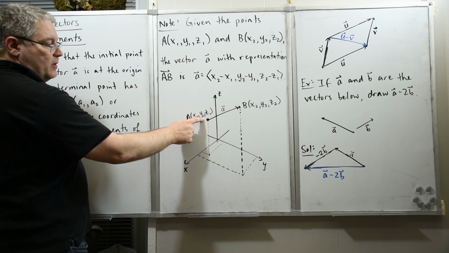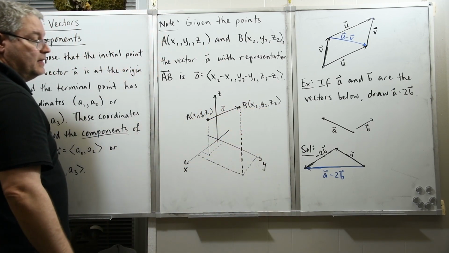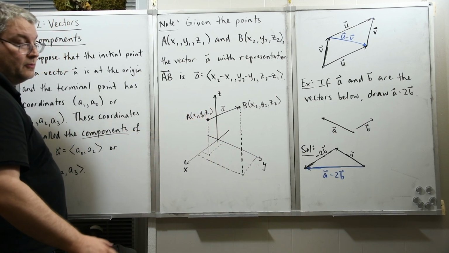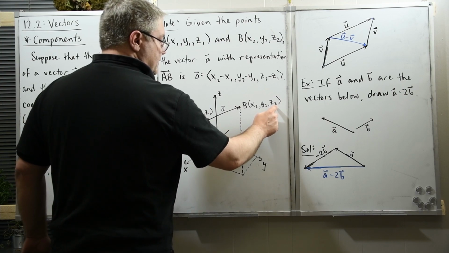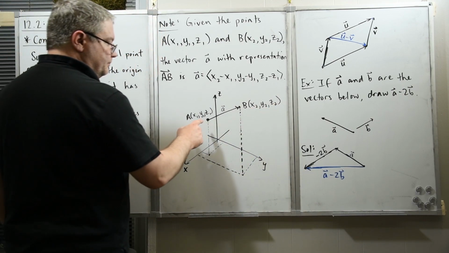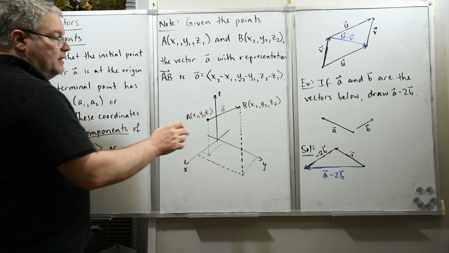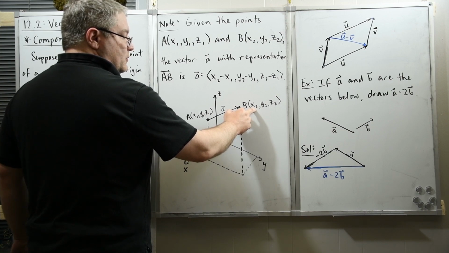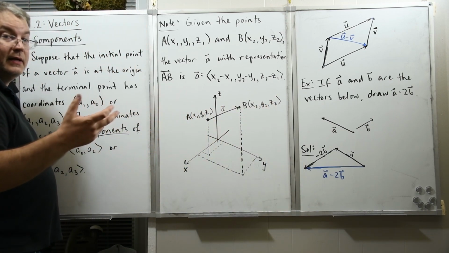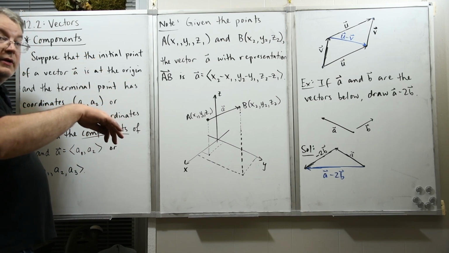If we subtracted y1 from the second coordinate of A, we've got to subtract y1 from the second coordinate of B. And finally, if we subtracted z1 from the third coordinate of A, we've got to subtract z1 from the third coordinate of B. And so what happens is when we take a look at the new location of the terminal point, it's going to be at x2 minus x1, comma y2 minus y1, comma z2 minus z1. So those will be the coordinates of the terminal point if the initial point of the vector is at the